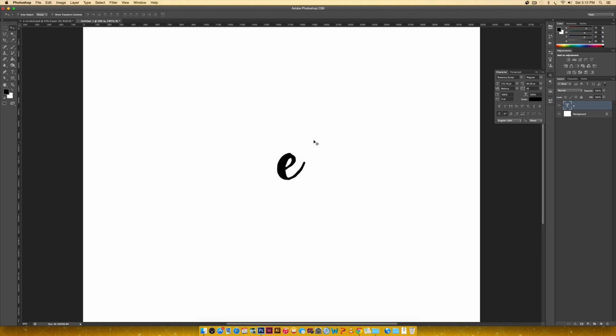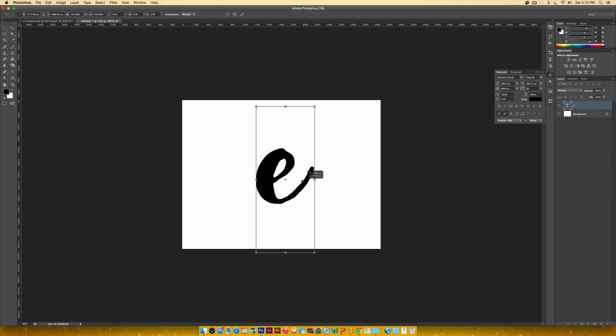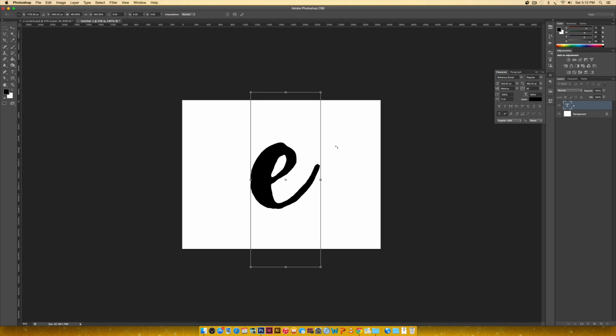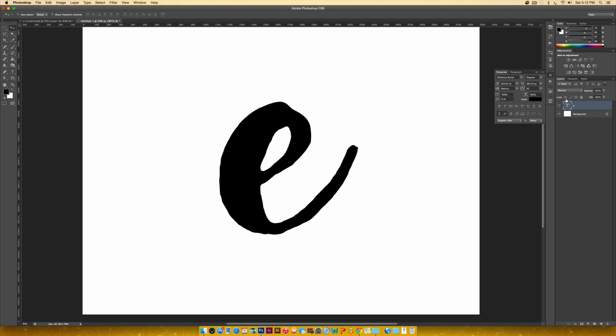So obviously this is way too small. If I zoom out, I'm just going to hit Command T or Control T on a PC to scale this. I'm going to hold Shift as I click and drag a corner node. Make it nice and big so we've got a really nice base to work off of and we can see all of our details really well. So I've scaled this up to about 550 points. So I'm just going to zoom right back in, and now that I've got my E layer right here,